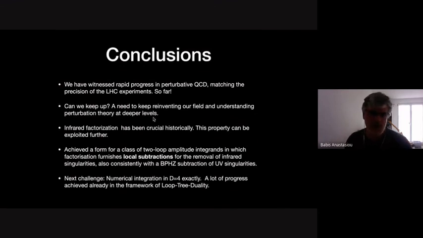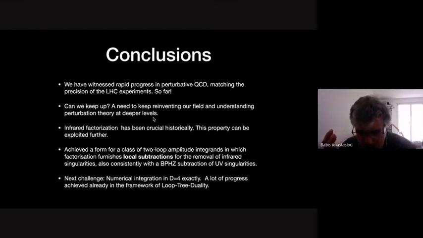So just to conclude, I presented here the subtraction of infrared and ultraviolet divergences at a local level for a class of QED amplitudes. For us, this is a case study for generic amplitudes in gauge theory. And what we wanted to show is that indeed one can do it locally. You can subtract the singularities and preserve factorization. So you can have very simple counterterms that cancel the singularities.